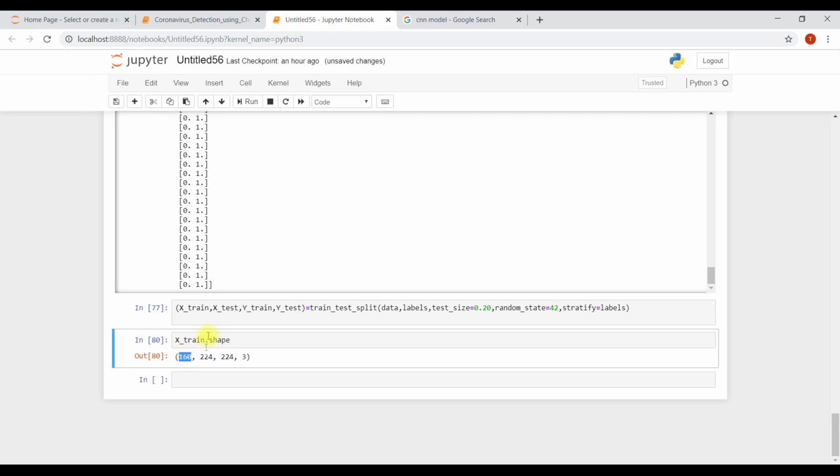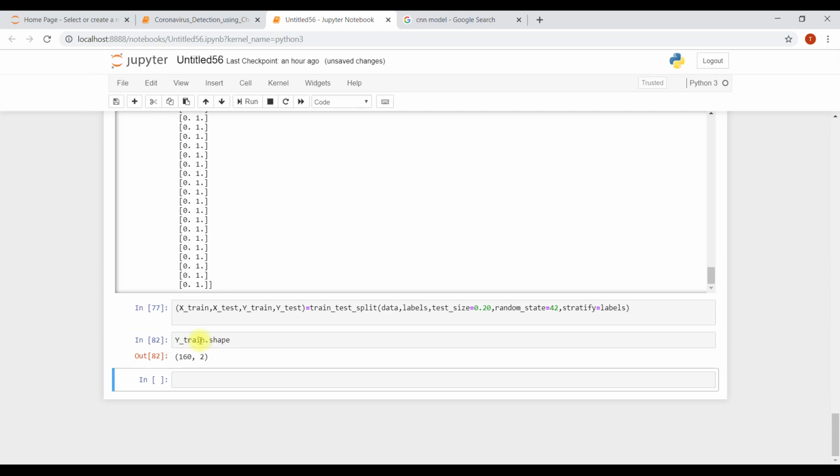So for training we split 80%, so it has 160 images, with every image now of the same size after resizing. And the same if we look at the test, 40 images.